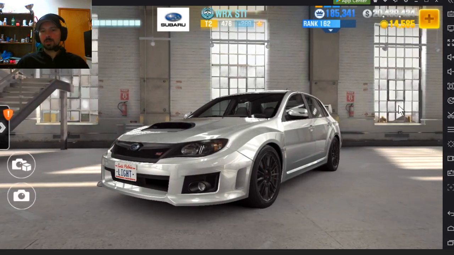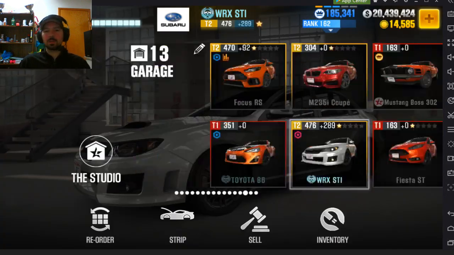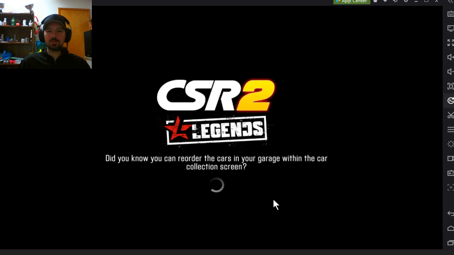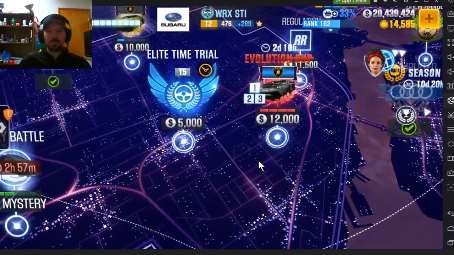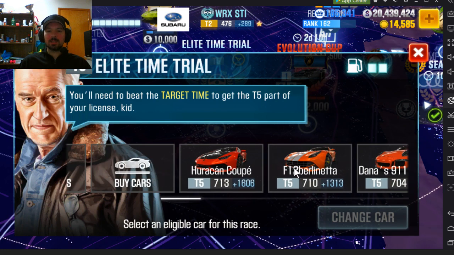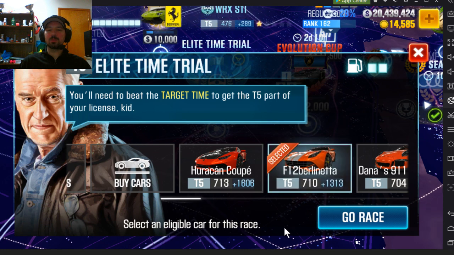Alright, I'm still trying to beat the Elite 3 license. Let's go look at that again really fast. I'll go ahead out to race and show you the time trial that I have to beat. Alright, so I have to run a 9.160 with a tier 5 car. Like I said, I'm trying to elite this. This one, my Hurricane, is already fast enough, but they say he's a better choice for racing the actual final set